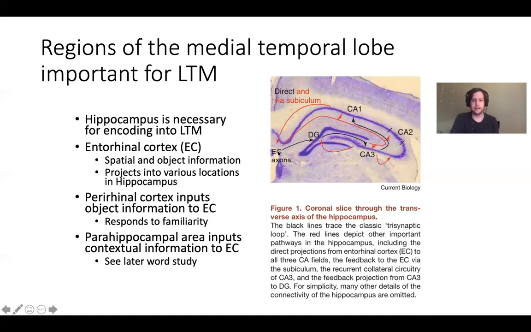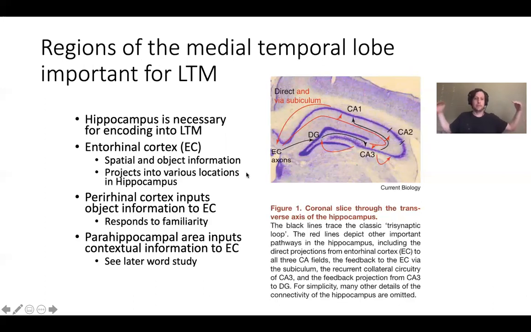I want to also point out some interesting things about the hippocampus, here, which is that it's a loop. This has come from a recent article in Current Biology. It's a pretty prestigious journal. And they talk about this in the little figure legend or the caption down here. They talk about a trisynaptic loop. And that loop refers to the fact that there's kind of this cycle of things going on.